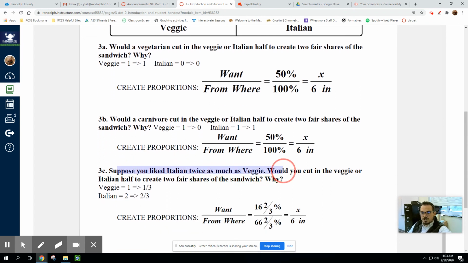So suppose you liked Italian twice as much as veggie. Would you cut the veggie or the Italian to create 2 fair shares of the sandwich, and why? The veggie we value at 1, Italian at 2. So veggie's 1/3, Italian's 2/3. So we value Italian more, so we're cutting into Italian. If we create the proportion, I don't know exactly where all this came from. I think this is messed up in my formatting. That's fine. What we want is,